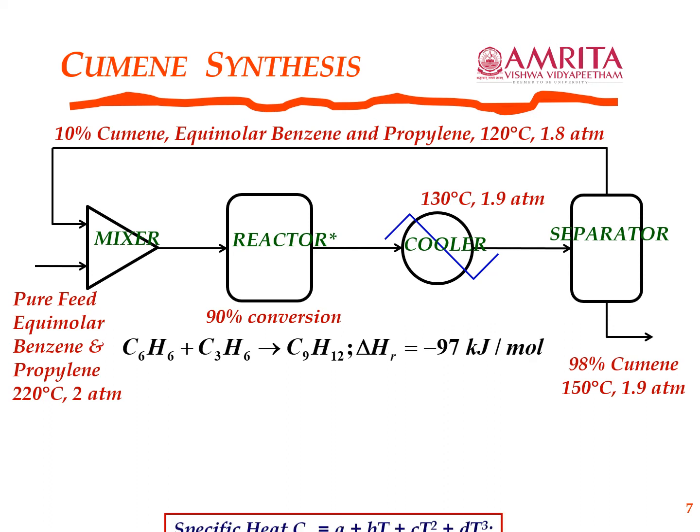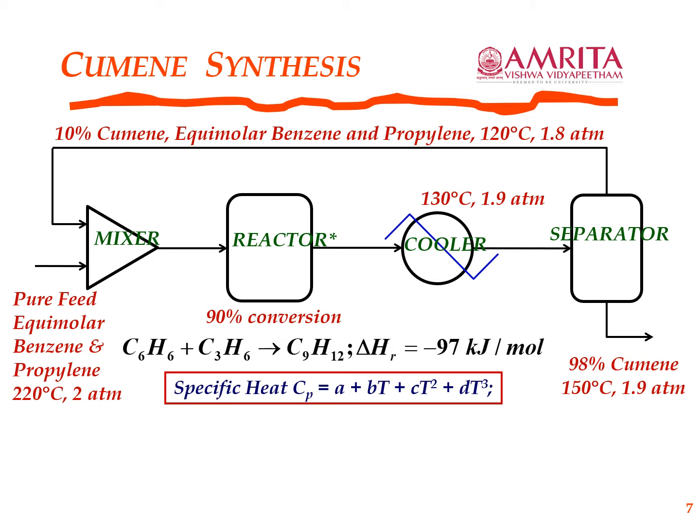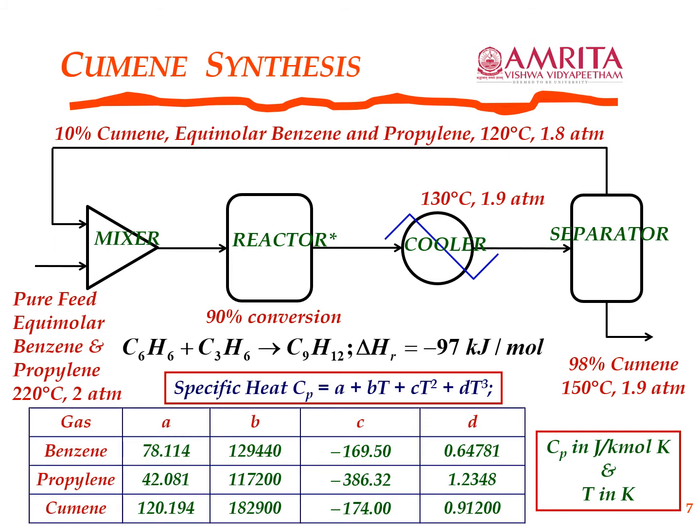And to solve material and energy balance problems, you will need to have data like this. There may be many other data that you may need. For example, you may need the rate constants involved in this reaction. You will have a variety of data that will be available. I've just given this as one example, data for calculating the specific heats of the benzene, propylene, and cumene species. You will have various data. You're familiar, I'm assuming, with using these data and solving such problems as were posed earlier.